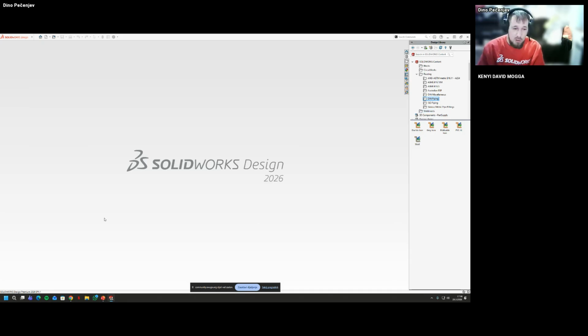So this is already a set of components. And if I want, I can redirect my library in the routing library manager directly to the steel folder I have here.